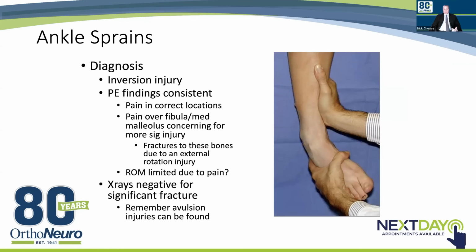How do you diagnose this stuff? Obviously inversion injury, you want to make sure they have pain in those locations. It's pretty classic. Any pain over the bone, fibula, medial malleolus would be more concerning for an ankle fracture. And so you want to make sure there was no external rotation mechanism there. Range of motion is limited by pain pretty much always. You're not going to really be able to get these people to move a whole lot. So really what the history, what the mechanism was and where their pain is, is going to